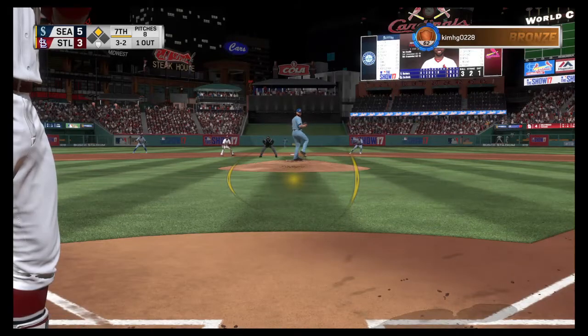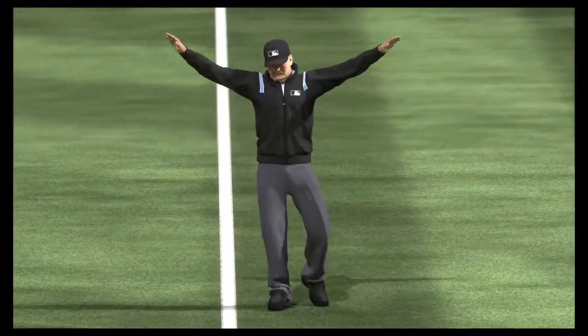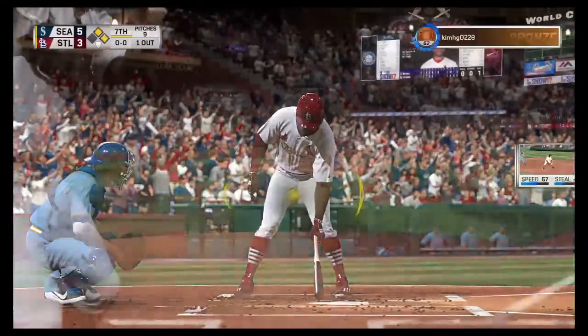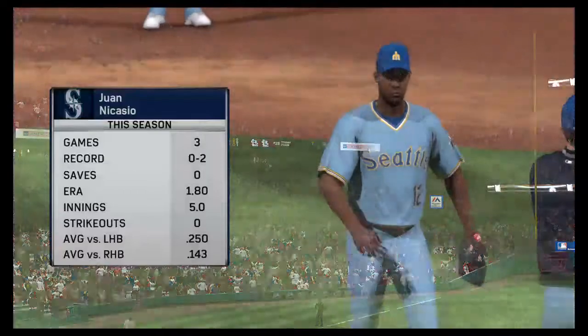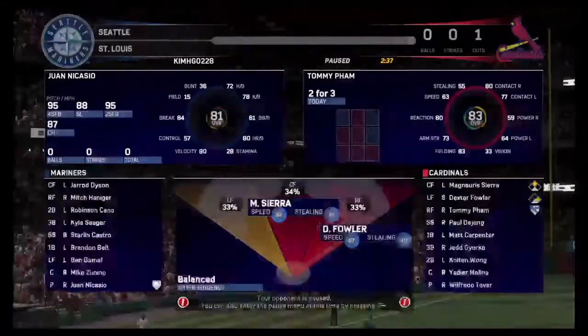Walks are never good, but they're especially bad news late in games like this. It seems like they always come back to bite you. Now here's a check swing, and they appeal down to first. No swing. So that's ball 4. Juan Nicasio takes the mound now, and it appears he's being brought in to face the